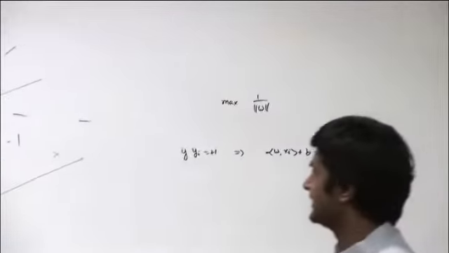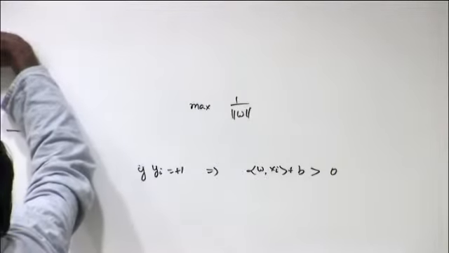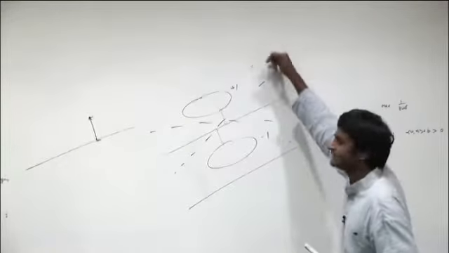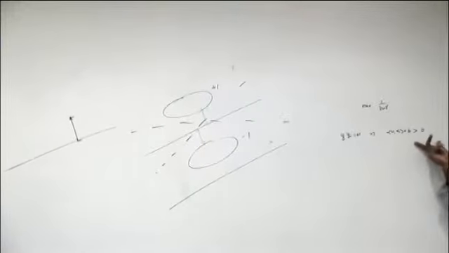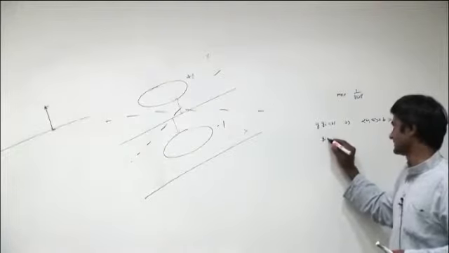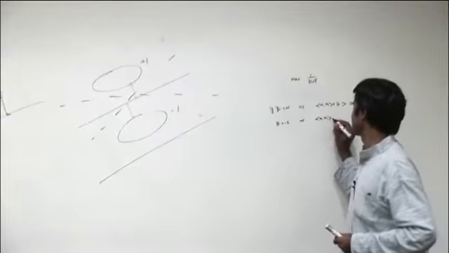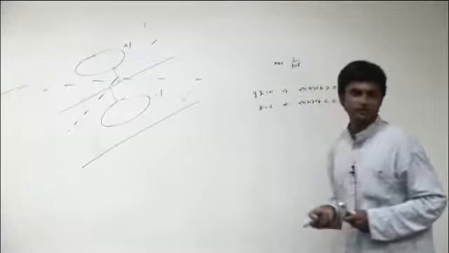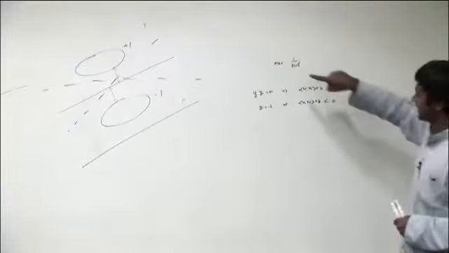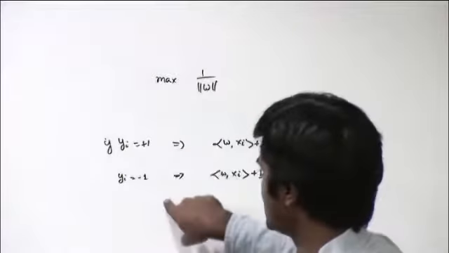Right? Because you see, these are a set of points which satisfy w dot xi plus b equals 0. That's the hyperplane. Anything in the half space above this has w dot xi plus b bigger than 0, and for the bottom half space, if yi is equal to -1, then this implies that w dot xi plus b must be smaller than 0, right?